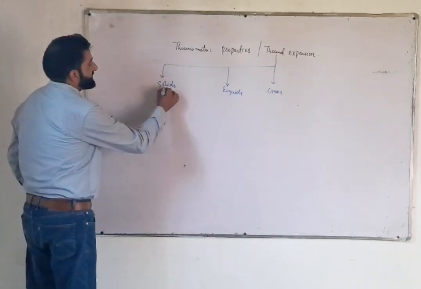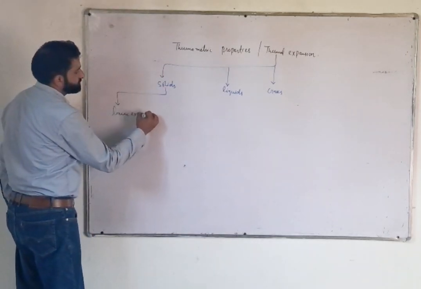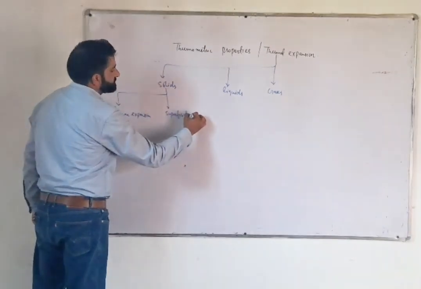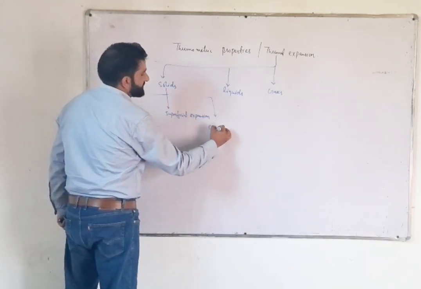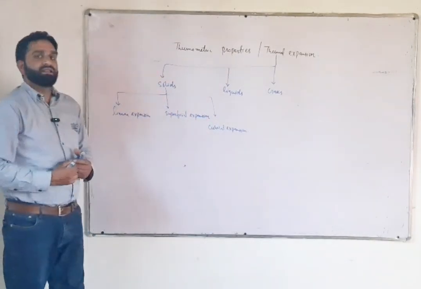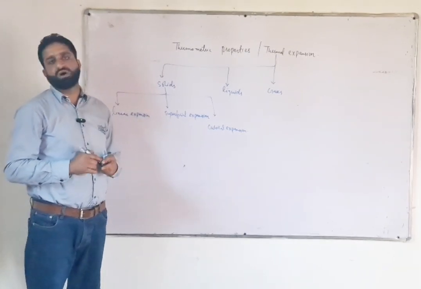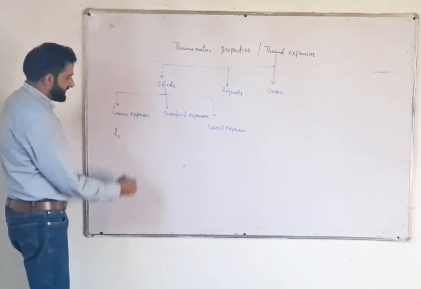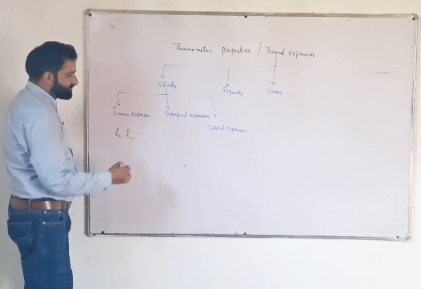Let us discuss the case of solids. Firstly, the linear expansion, then the superficial expansion, then the cubical expansion. The linear expansion is the increase in length of a solid when that solid is heated, that is lengthwise. If we take L1 as the initial length, L2 as the final length after heating that solid, and alpha